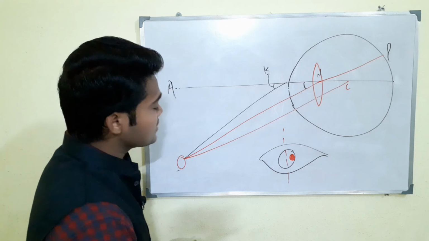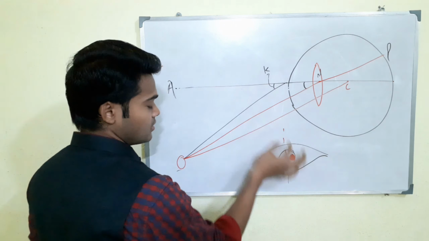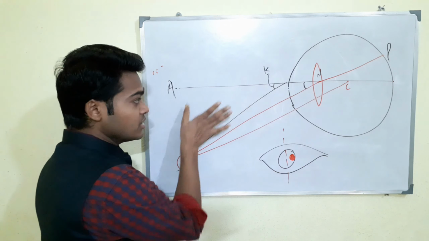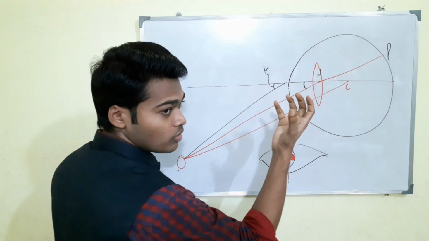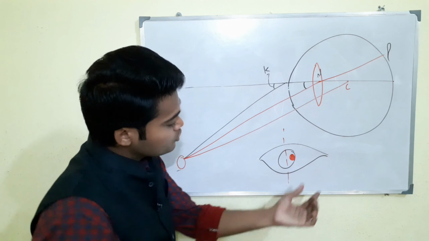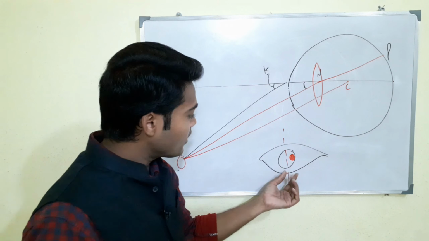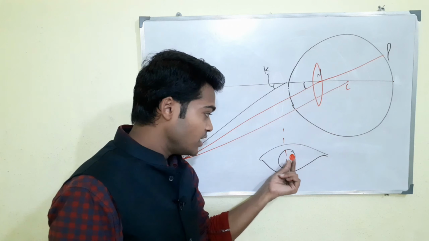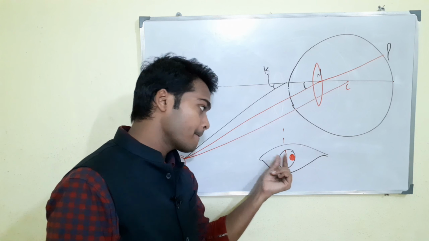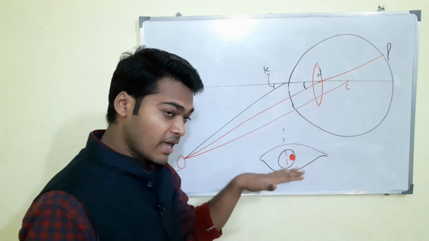How do we depict it? Simply, suppose this is the eye, this is the 2D plane, I show you a lateral picture. Just assume this is the eye, right? And maybe this case. So what is happening here? Suppose when we project or flush out the light over the ocular part, then just assume if the first Purkinje image falls on this part, in the center of the pupil, it means the eye is normal or